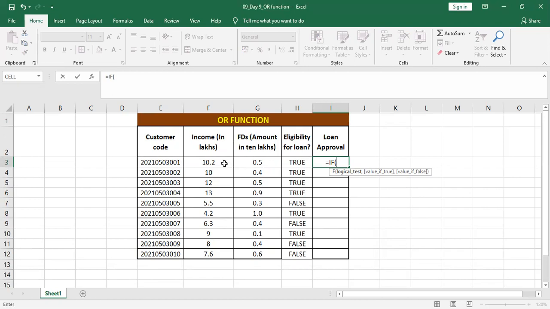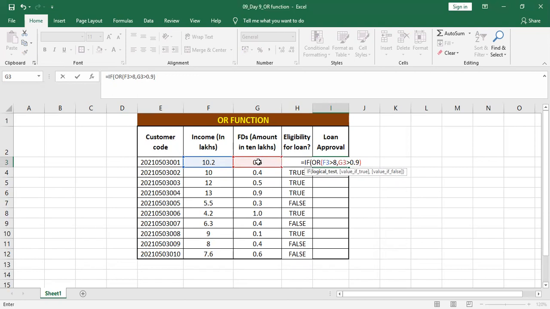So I press OR, because I have two conditions to meet, I press tab again, the bracket is here, I'll select this cell, that means income greater than 8, or second test, FD should be greater than 0.9, that means 9 lakhs, bracket complete. That means I have completed my OR function argument.